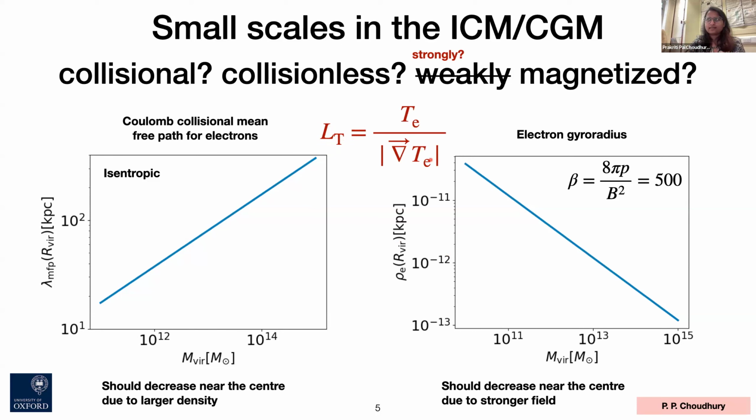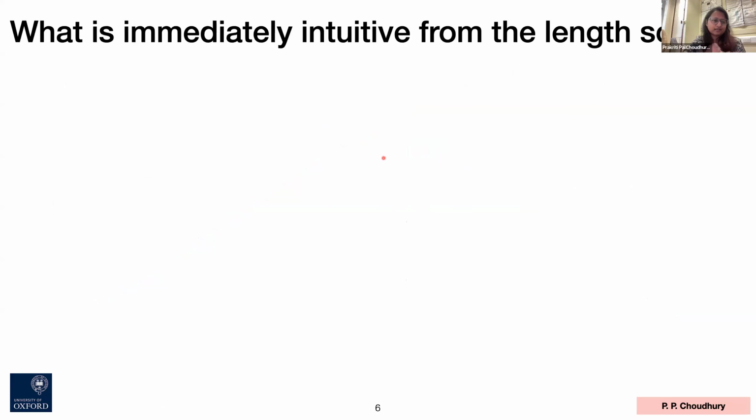So with these length scales, and noting that L_T could range anywhere across this y-axis, which means lambda mean free path could be bigger or smaller than L_T,